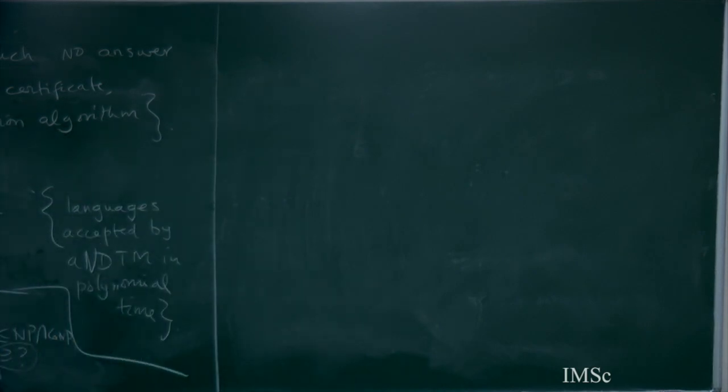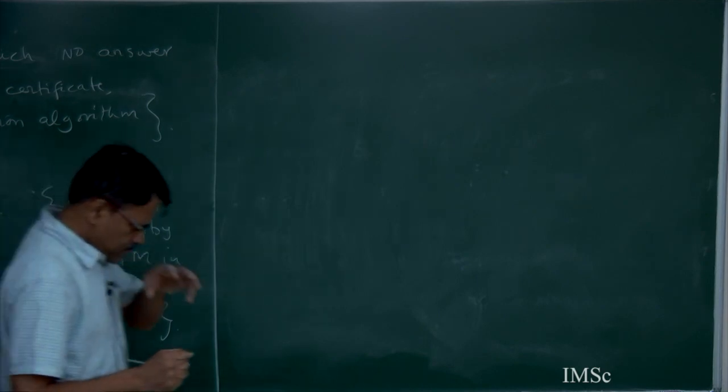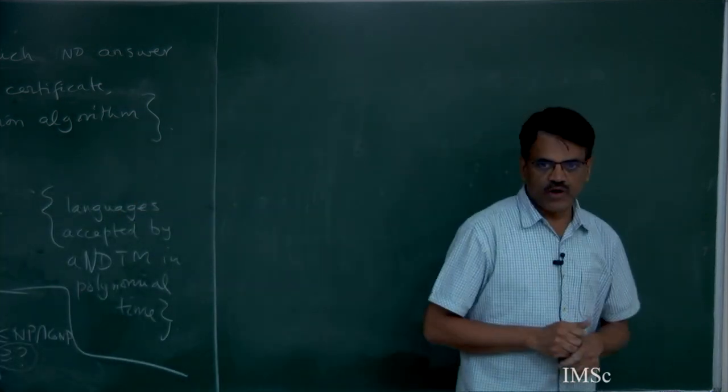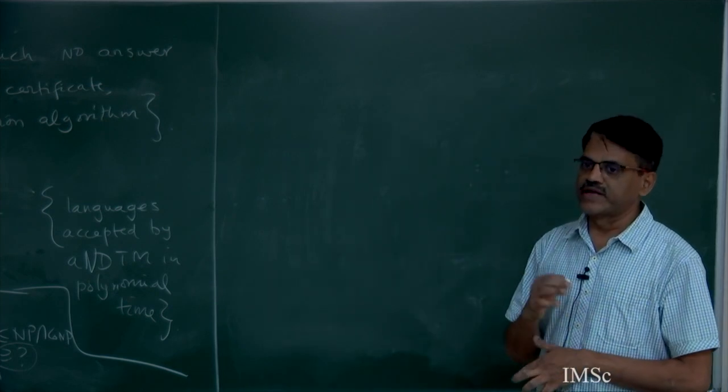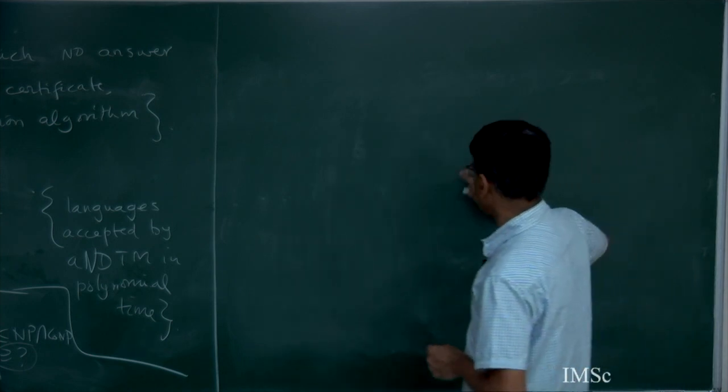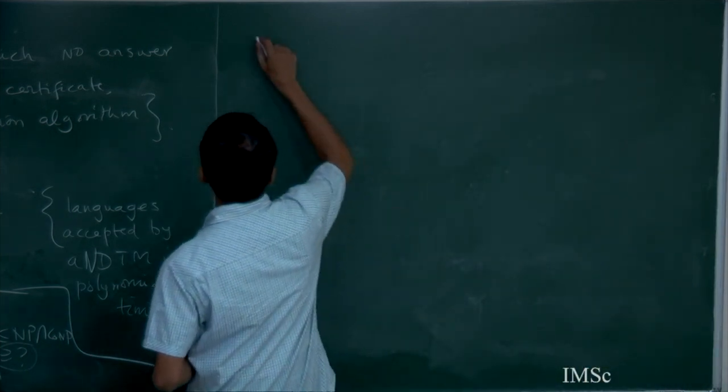We know that there are problems in NP which do not have a polynomial time algorithm, but we still do not know how to show that they need more time. There is some evidence to show that these problems actually require more than polynomial time, and that is this notion of NP completeness. Before we talk about NP completeness, we should talk about